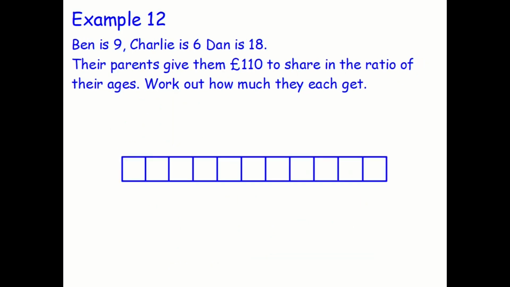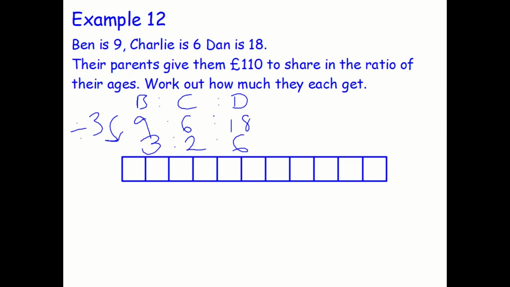Example 12. Ben is 9, Charlie is 6, and Dan is 18. Their parents give them £110 to share in the ratio of their ages. Work out how much they each get. So Ben to Charlie to Dan, 9 to 6 to 18. Divide through by the highest common factor. Same principle here. Dividing through by the highest common factor, which is in this case 3. You get 3 to 2 to 6,